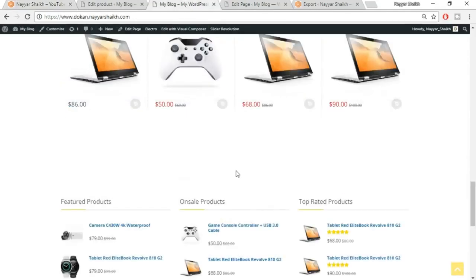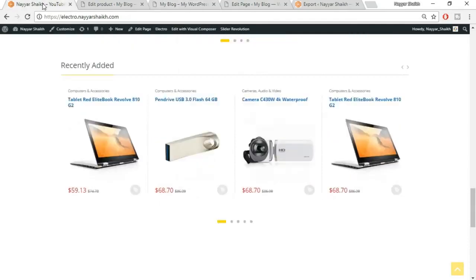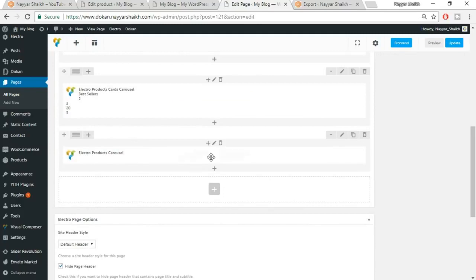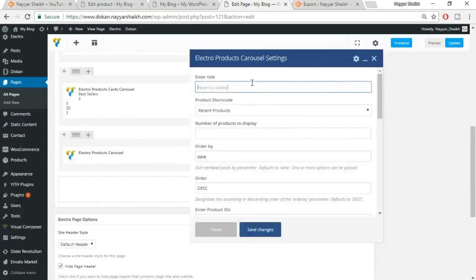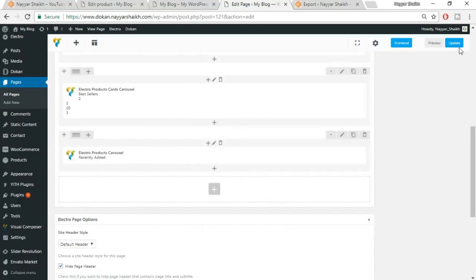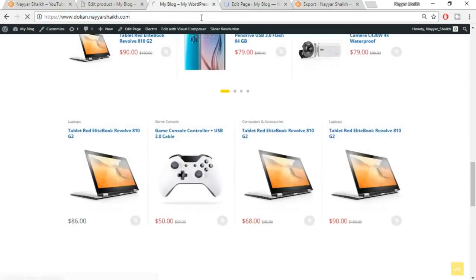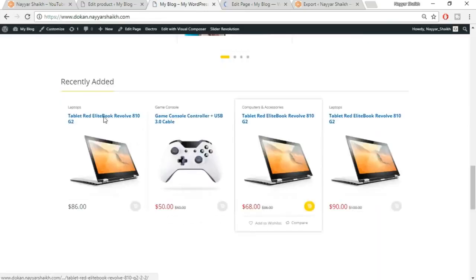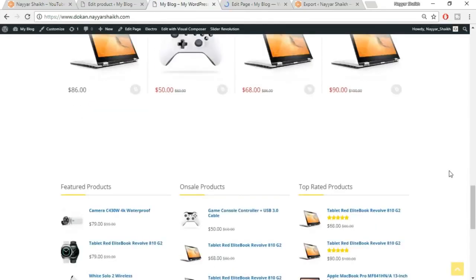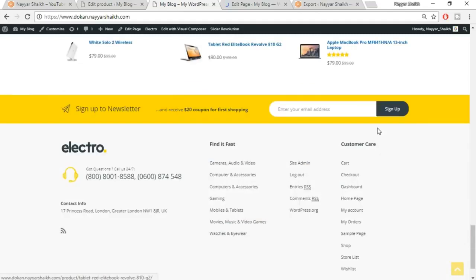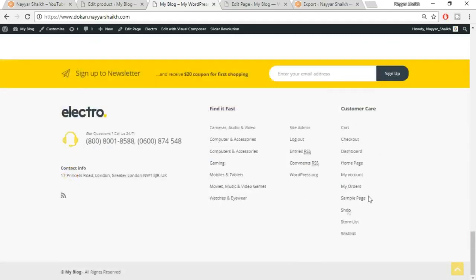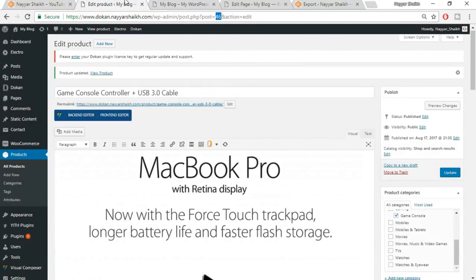Okay, we can see this, but as you can see there is no title, nothing, so we forgot to put the title. Just copy this title, again come back over here, just edit this, enter title, click on save changes, click on update. Now everything will be fine. Just refresh the website. Okay, now we can see this looks awesome now. Okay, now we have to do some changes over here in the footer section, and we also have to remove this section. Okay, so come back to your dashboard,